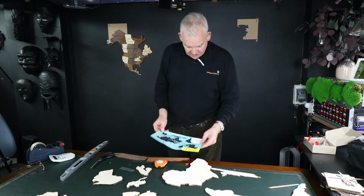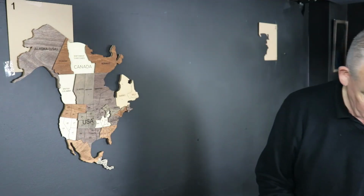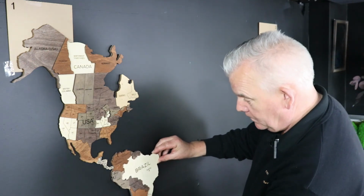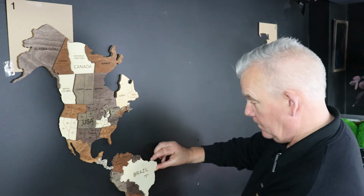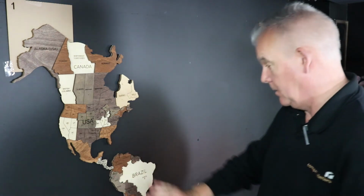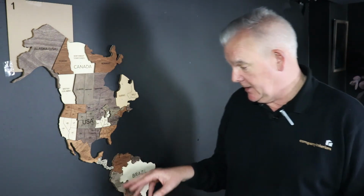We're down into another section here, which is Brazil. Just going to make sure I get that right, because that is just touching. Absolutely mint, absolutely perfect. I travelled there last year into Mexico, went whale watching, and in some of the other